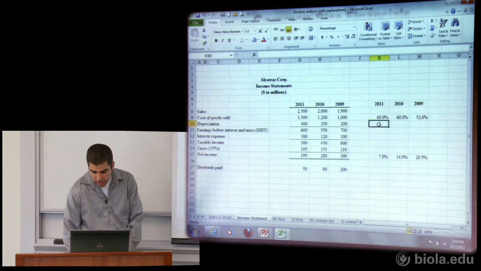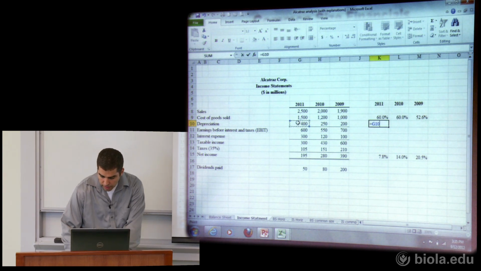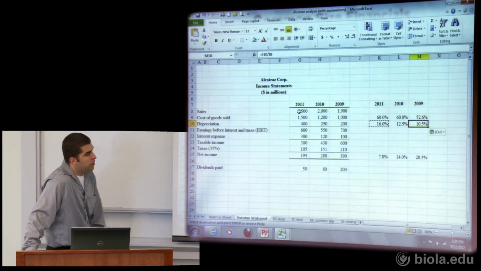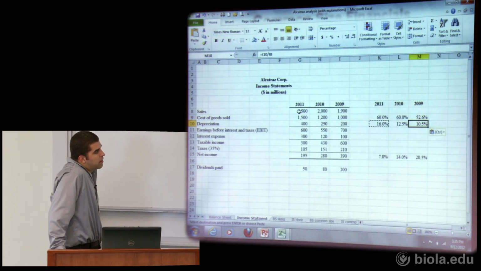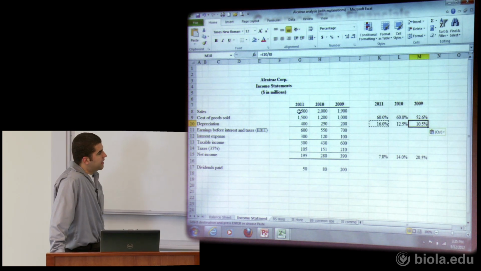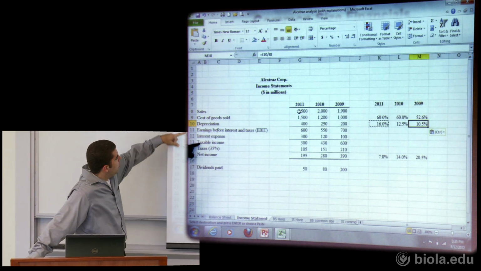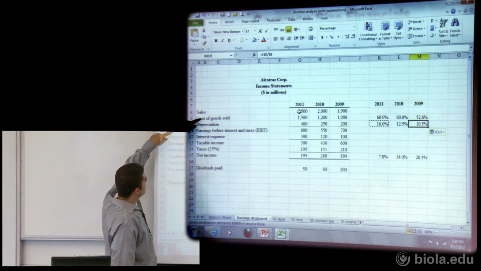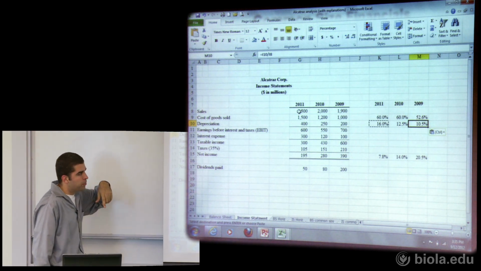Well, let's take depreciation. I'm going to calculate that: 400 divided by the sales. I'm going to copy that cell over. You can see depreciation is going up quite a bit, from 10.5 cents of every dollar to 16 cents. You see that I'm not really looking a whole lot at our subtotals. I'm not doing anything with EBIT. That's a subtotal, which is sales minus cost of goods sold minus depreciation. Not really doing anything with